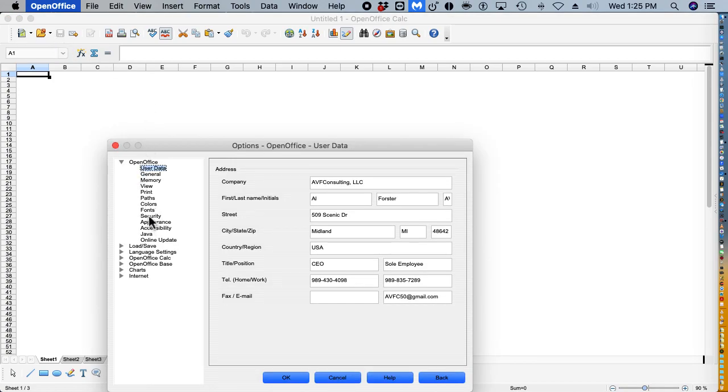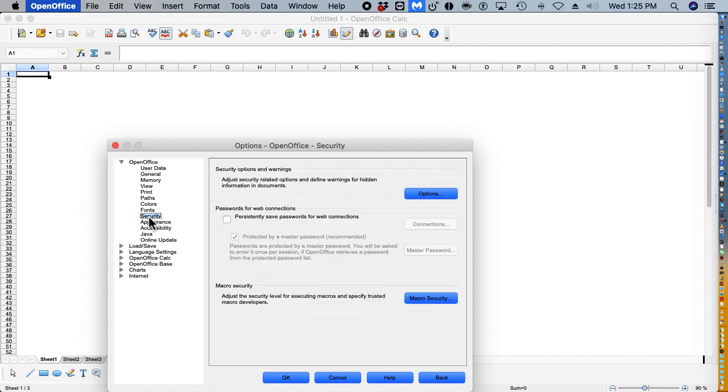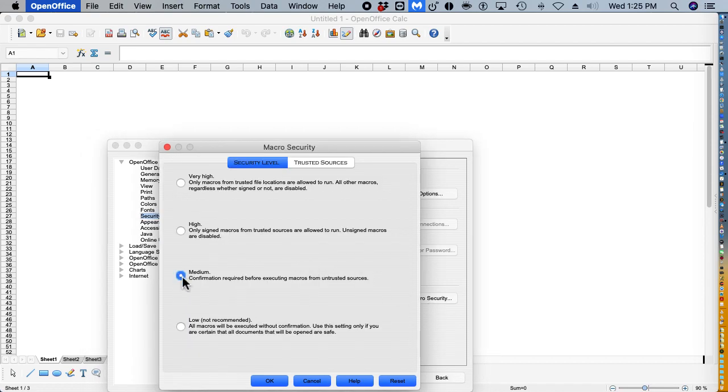There are several things I configure. One is security. I click macro security, medium,